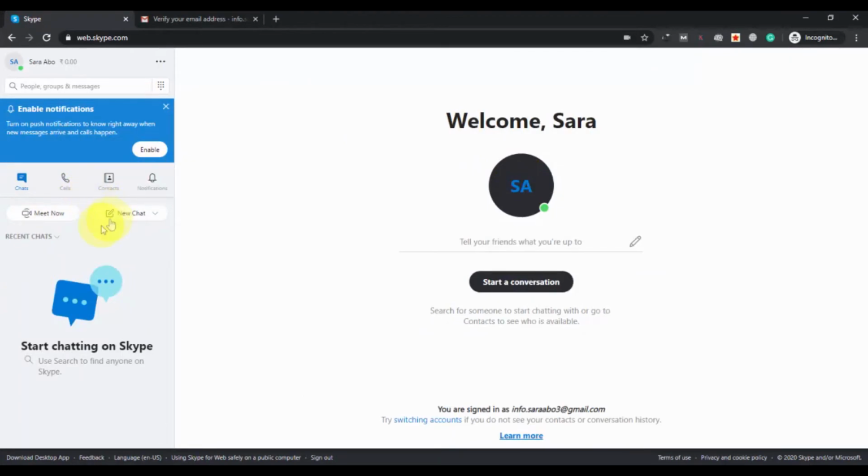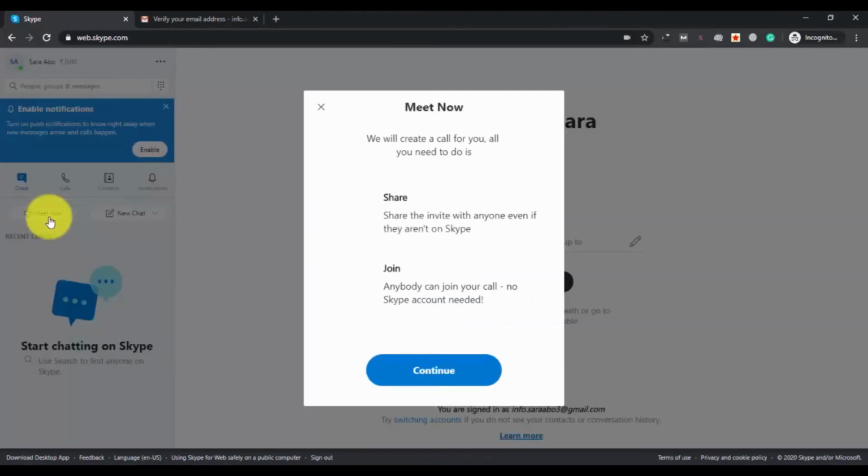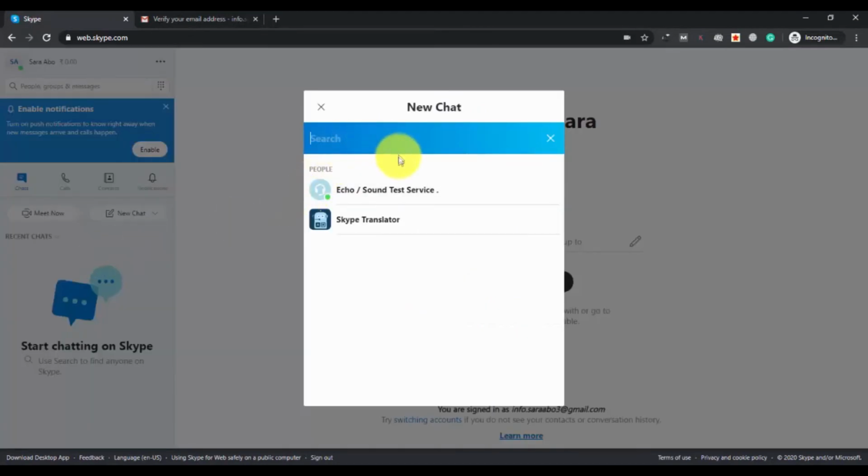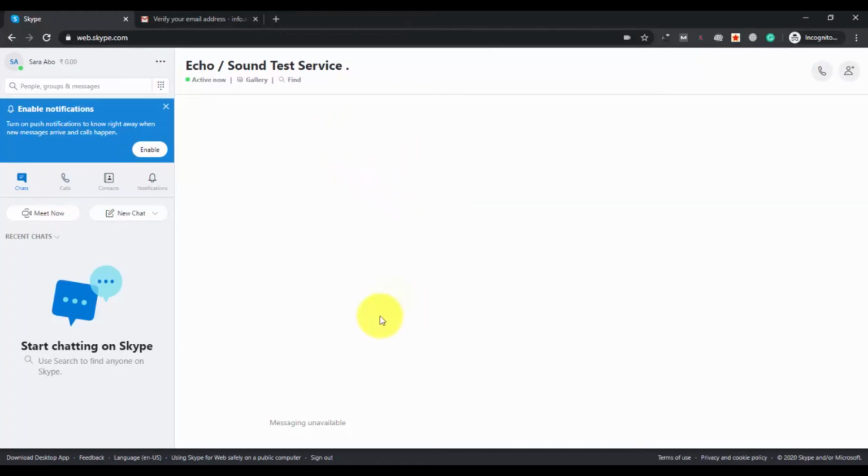Here you can see a few options. First one is meet now. Using this option, you can even chat with people who are not on Skype. So if one of your friends doesn't have a Skype account, don't worry, you can still invite them using the meet now feature of Skype. Or you can simply go with the new chat option to chat with any of your contacts. You can test the chat service here with the echo sound test service,